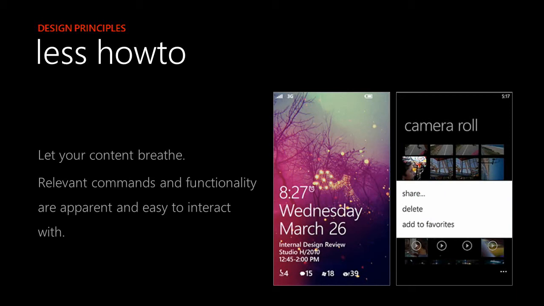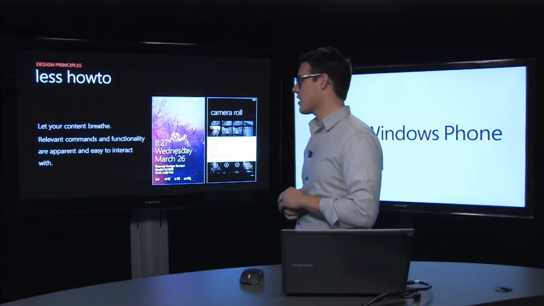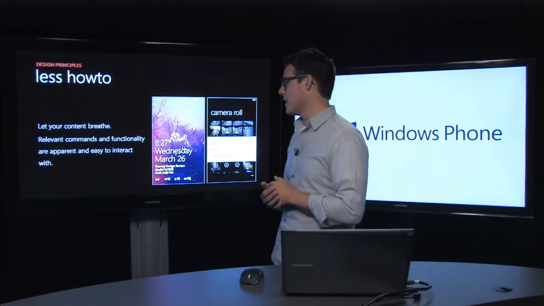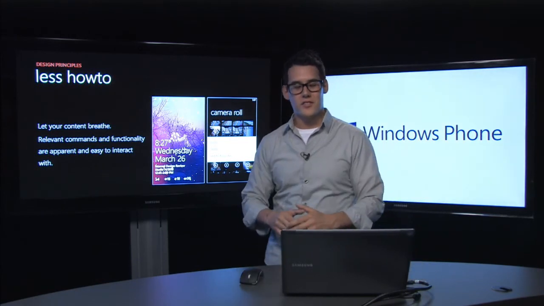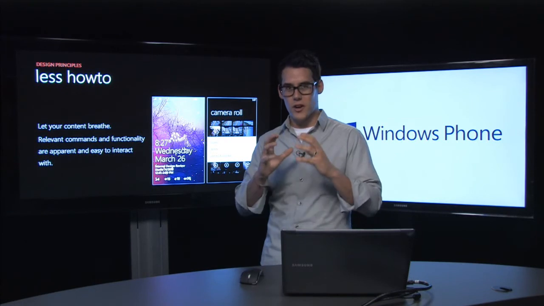And then the last thing is, let your content breathe. This is called white space in the design world, and this is just putting basically space around your most important content. Relevant content commands and functionality are apparent and easy to interact with. A lot of times as designers or app creators, it's very difficult to remove features to create that space around